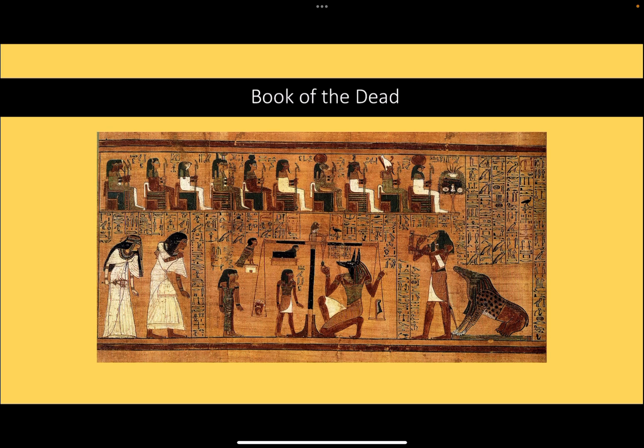It's been given the name the Book of the Dead because this is a text that was placed in tombs. In earlier periods, it was inscribed on the walls of tombs. By the New Kingdom period, they were writing it on papyrus, which was a writing medium made of river reeds that were flattened and mashed together to make something akin to paper. It was written on papyrus, formed into a scroll, and then placed often in the sarcophagus with the person